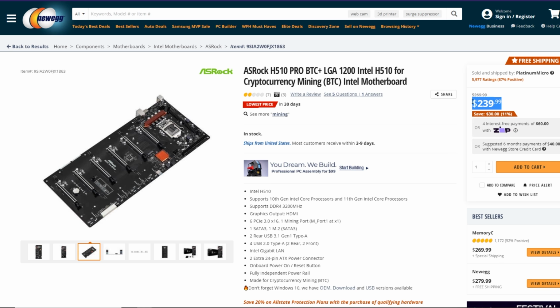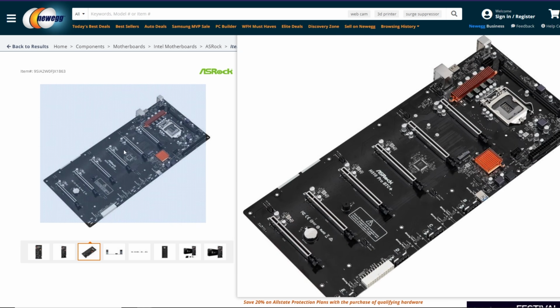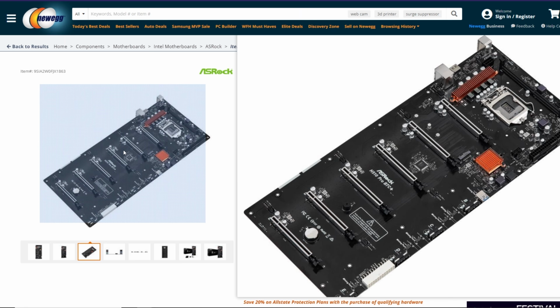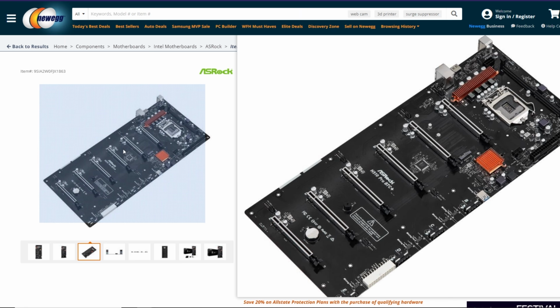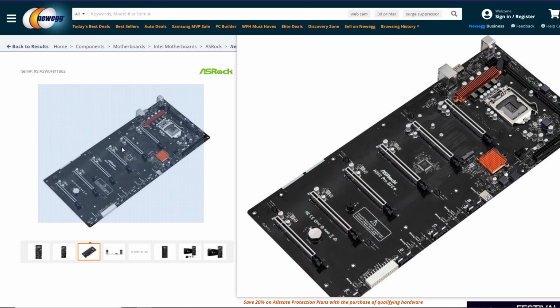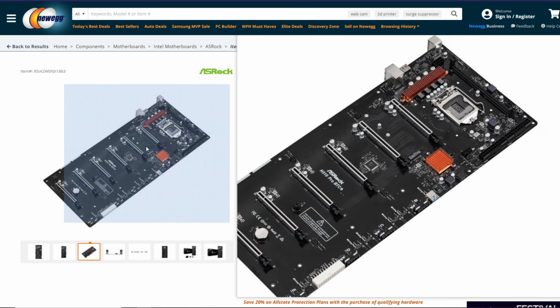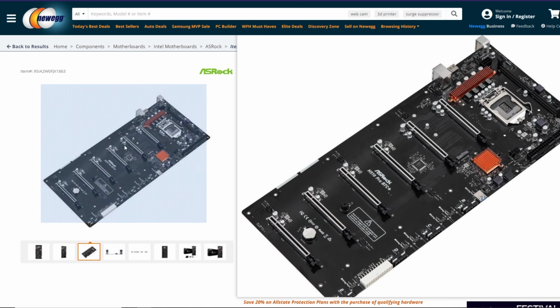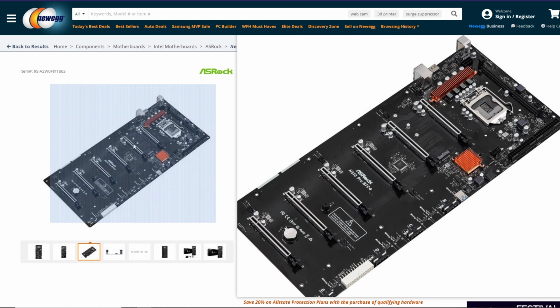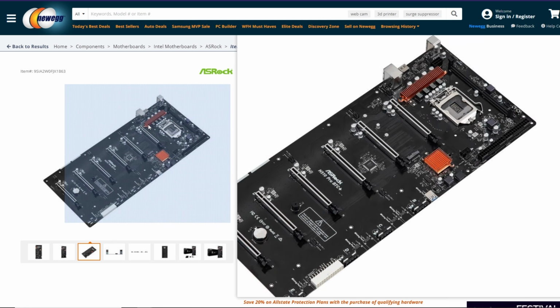But would I buy this for $239? It's hard because you're tied to the PCIe slots on the motherboard itself, and they're going to be close together. So that's one caveat: they're going to get hotter as they're close together, with temperatures and everything. So it depends what you want to go for. If your cooling is really good and you have airflow, yeah, it may work for you. And it supports the latest and greatest LGA 1200 CPUs, and it has one slot there for the RAM,